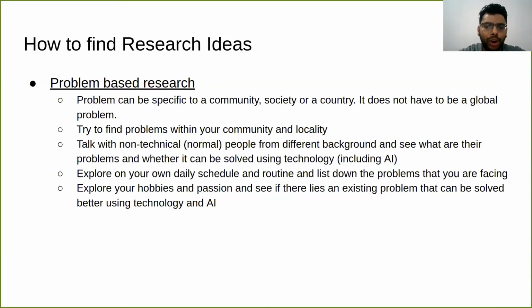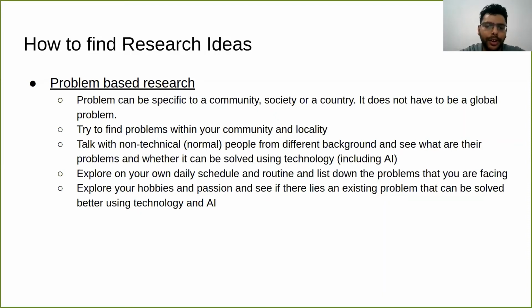Since all of you are from a technical background and you are studying these models and algorithms, it might be difficult for you to find the problem. So one way is to talk with normal people from different backgrounds. It can be anyone, maybe a shopkeeper, an electrician, a plumber, a tuk-tuk driver, any kind of people.